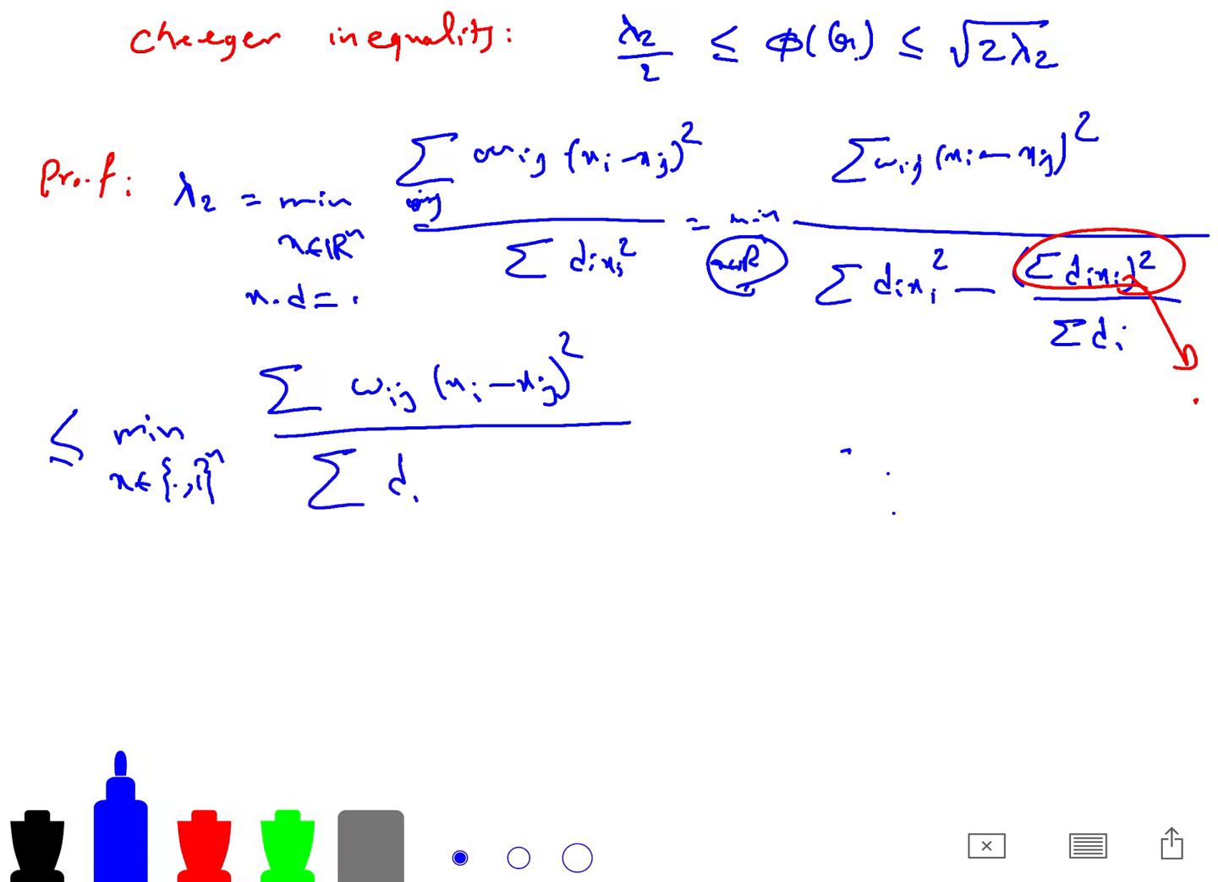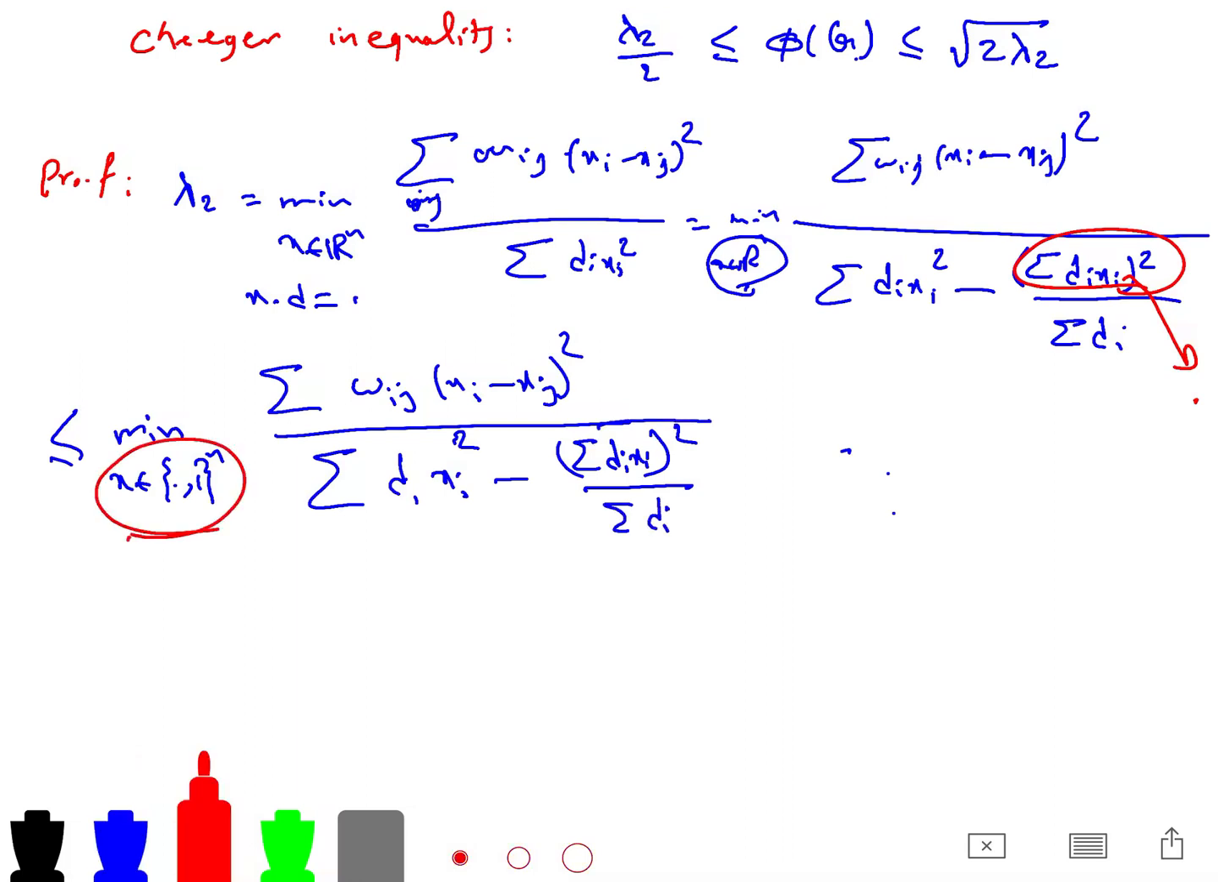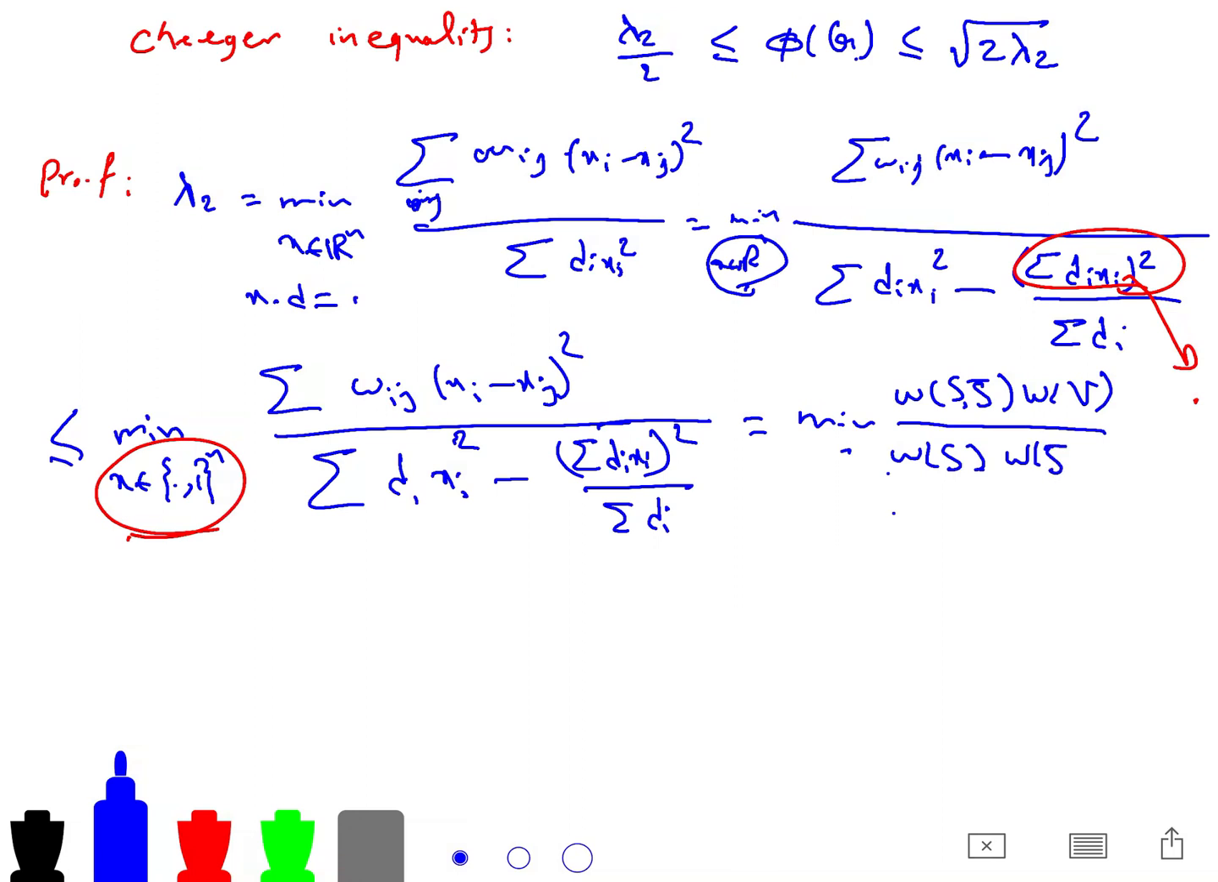And so the sum of d_i x_i squared minus the sum of d_i x_i squared, same as before here. We just use this fact that it is a relaxation of that. And then this is equal to the minimum of W of S and S bar, W of your vertices, W of S, W of S bar, and this is less than 2 phi of G. I just recall